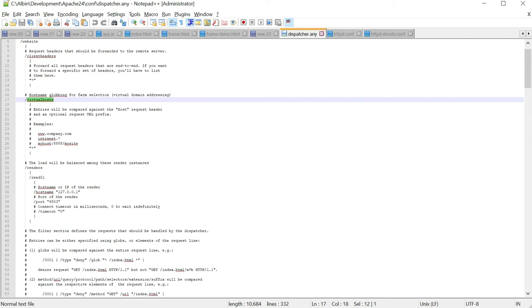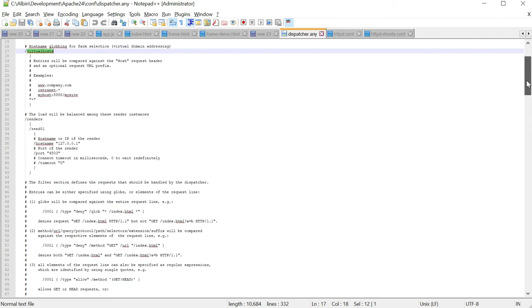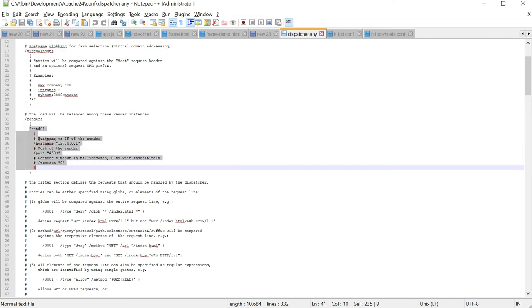You can have multiple farm files. Then renders, this is the AEM server detail, the backend detail. Here you see hostname, port number, and timeout, and you can configure multiple renders: render 01, 02, 03, as many as you want. The dispatcher will use those configurations for load balancing.